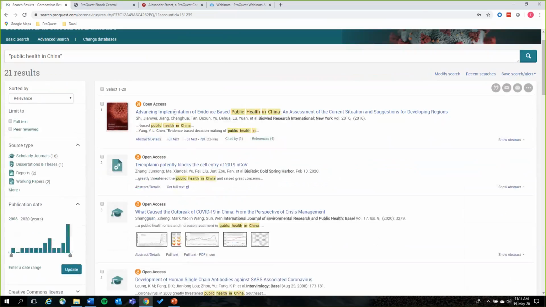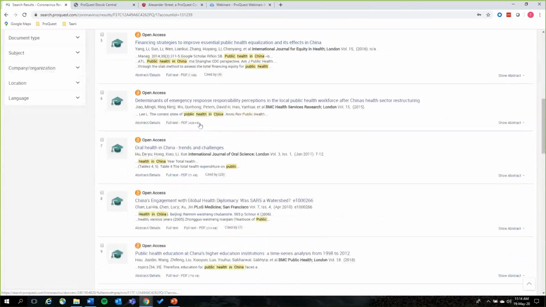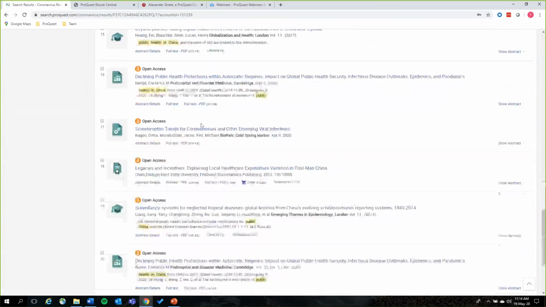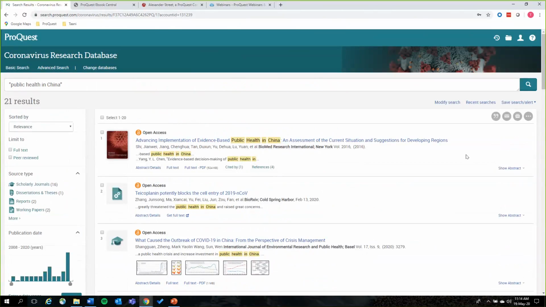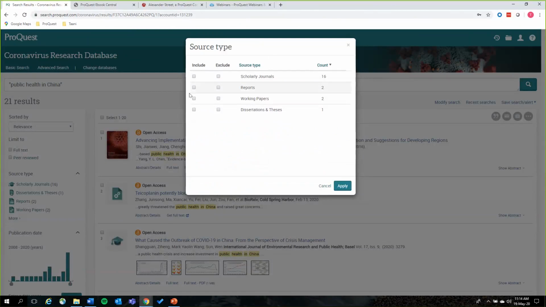So we can see we've got a number of open access articles. This is the coronavirus free database. So any open access journals we have, we bring in to this, which is why you're seeing a large number of them are open access. We've got the source type limiters here. So if I wanted to see exactly what source types I have, I've got them that I can include or